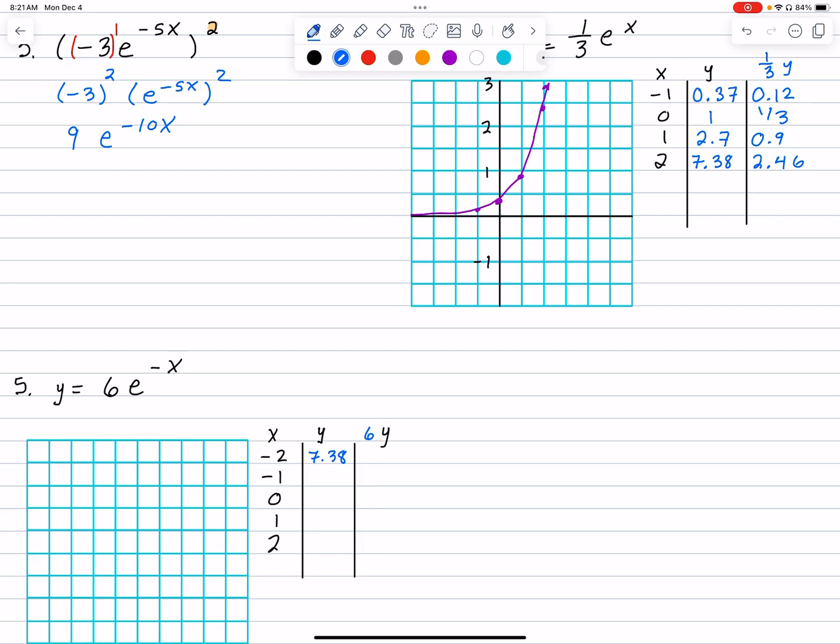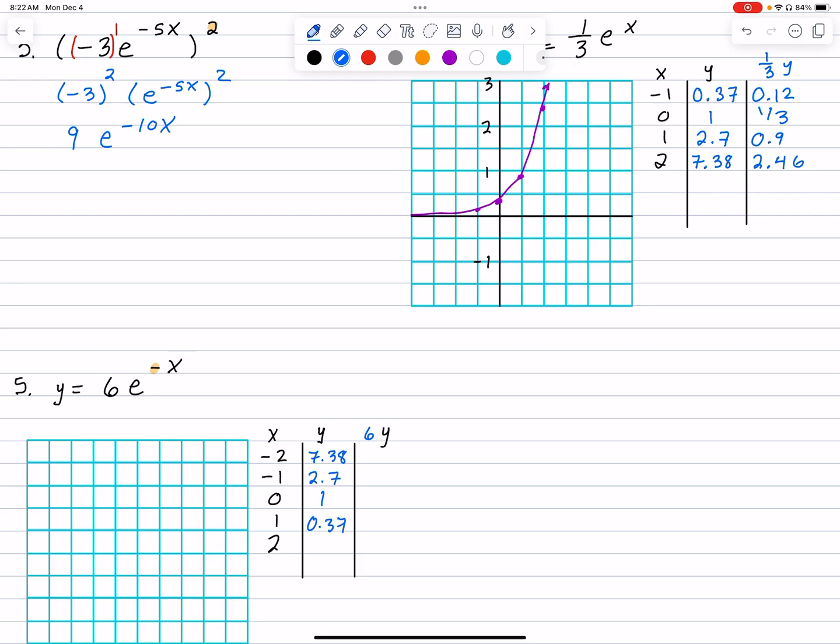That's again without the stretch. When I plug in -1, it's going to become -1 or +1. So it's either 1, which is 2.7. When I plug in 0, that's nice and easy. That's 1. When I plug in 1, it's going to end up being e to the -1,